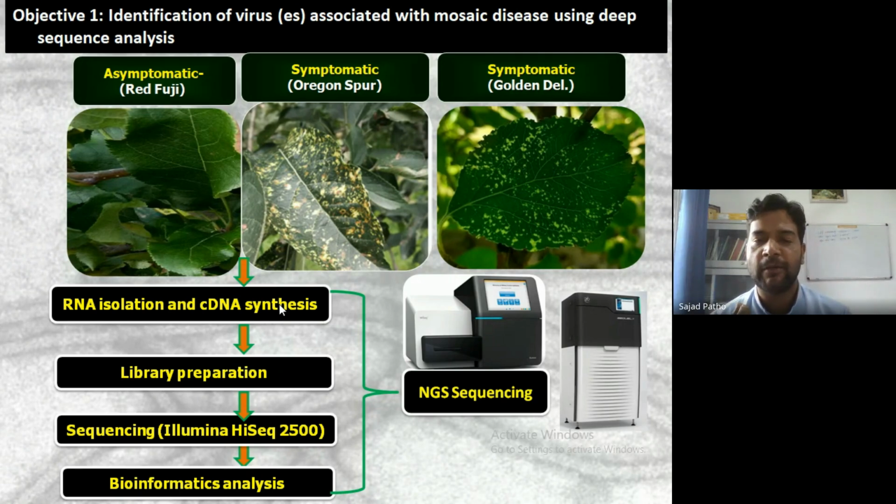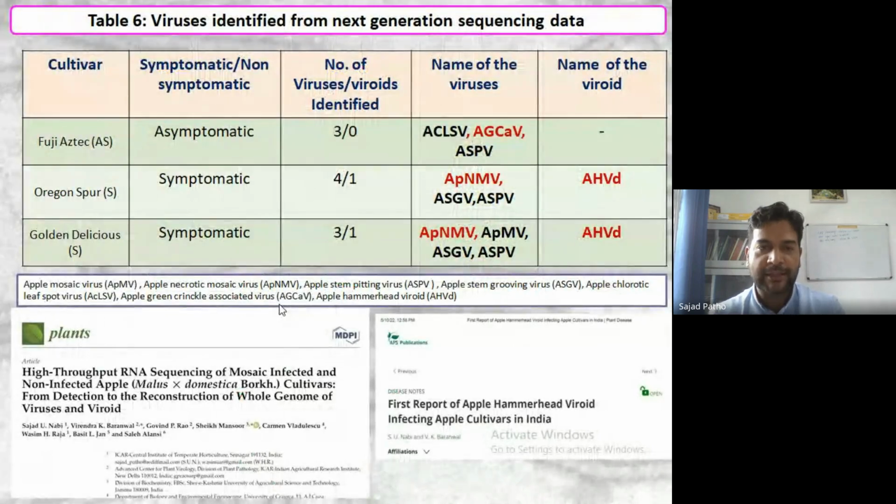Then we have to go for the virus identification. We don't need the fungal part, the bacterial part, the protozoan part, or the others. So one by one, we are subtracting everything from that sequence. And lastly, when the viruses and viroids are left, we go for the match with NCBI BLAST, and we can identify which viruses and viroids are present in this sample. So we have submitted these samples for next generation sequencing. You can see the asymptomatic variety, where we could not see any kind of symptom, but using these next generation sequencing tools,